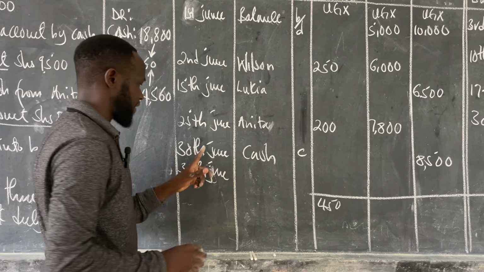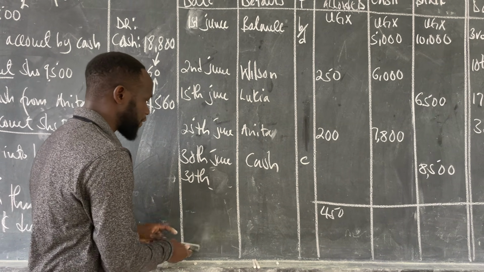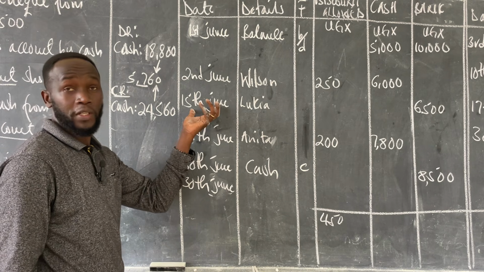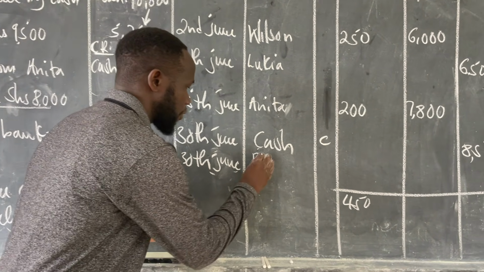Even if this figure is the 30th, please rewrite it if it is the last date. Even if we didn't have the 30th and we stopped on the 15th, we do this on the last date of the month. So you call this one balance